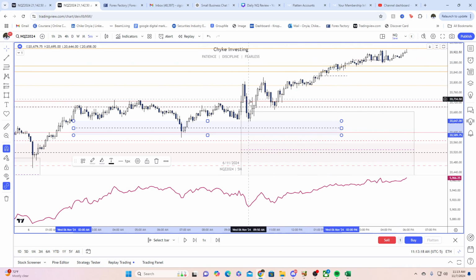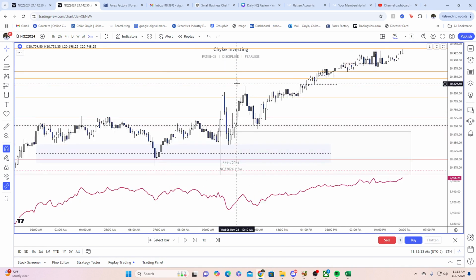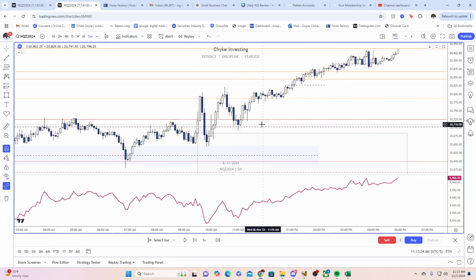No trades on the 5-minute here yet, or a 15-minute that I've seen that is worth taking on the 22 model. I'm going to go over what the 22 model is, but this is very important. The only thing that could have been pretty viable, so let me teach you guys what the 22 model is now.